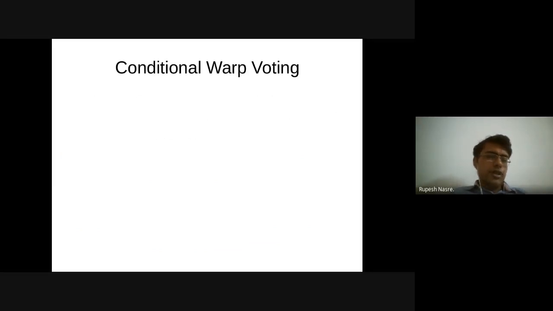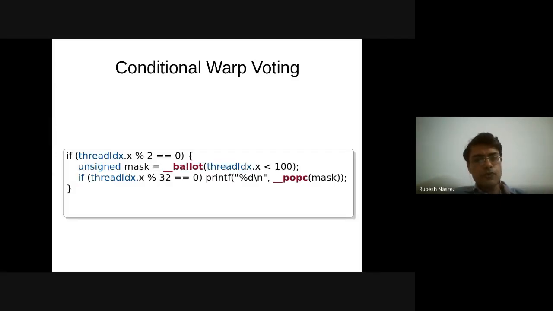All right, so warp voting, we have been saying, is anyway based on the condition. So let's look further into it. If I have a conditional check on the thread, so these are all the even numbered threads which I am processing, and I'm trying to run a ballot on it. Well, first of all, does it work?